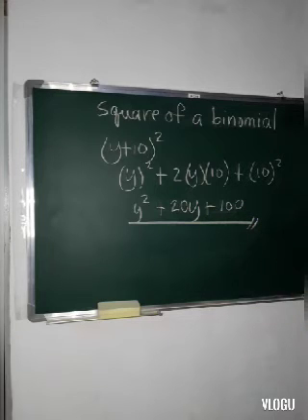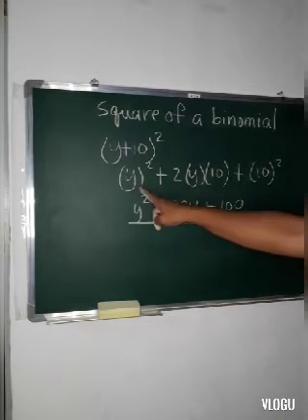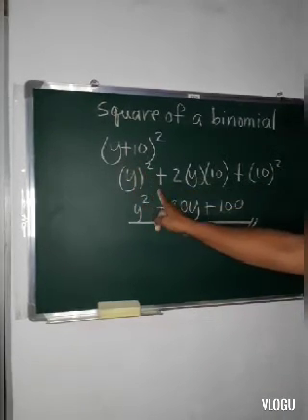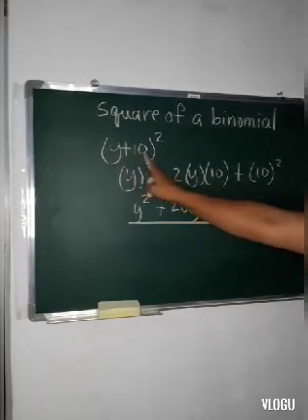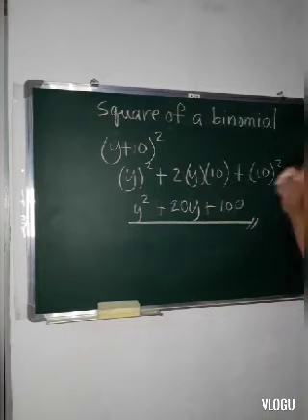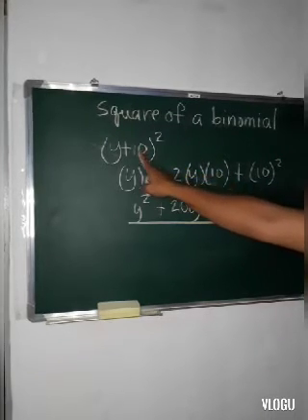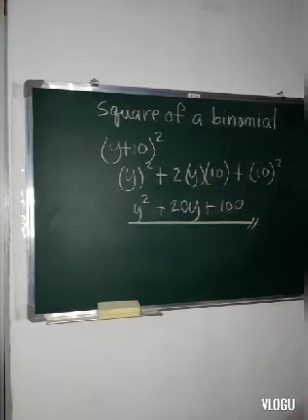That's how we deal with the square of a binomial. I'll repeat. First, square the first term, plus twice the product of the first term and the second term, and for the last term, square the last term. So that's the rule for the square of a binomial. Next, let's move to